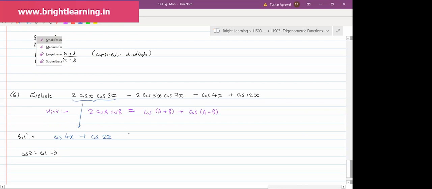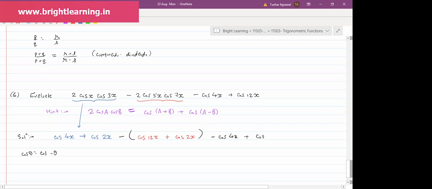Now subtraction. What is the second part? Second part is this. Twice cos 5x cos 7x. That will be cos of A plus B, that is cos 12x, addition cos of 5x minus 7x. So cos of minus 2x, I will just write 2x. I'm neglecting the minus. Minus cos 4x